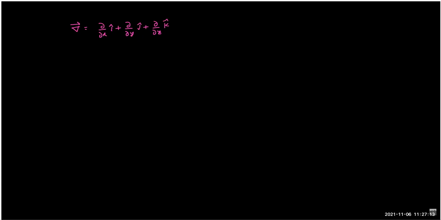So we saw this del operator in the last lecture, right? And then I said that the force as a vector is the negative of del of U. The name I gave to this term was the gradient,